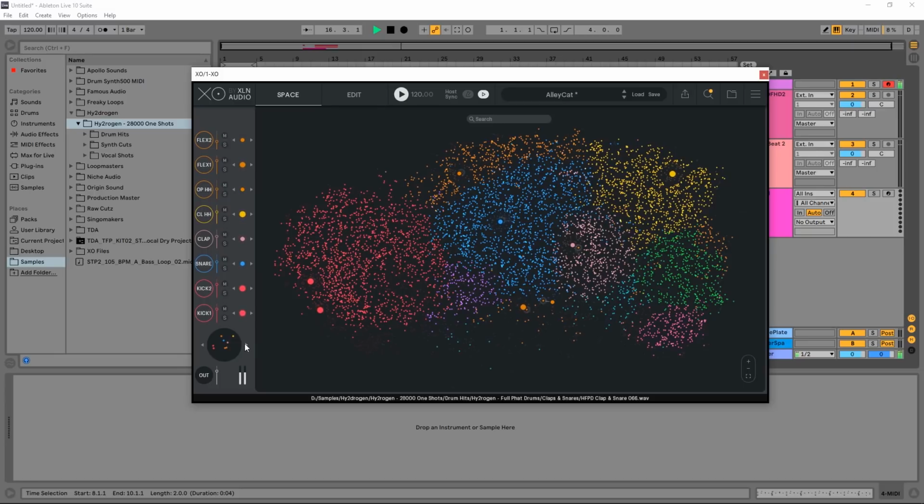So there you go, incredible one-shots from Hydrogen, incredible tool for organizing any and all of your one-shots you grab from